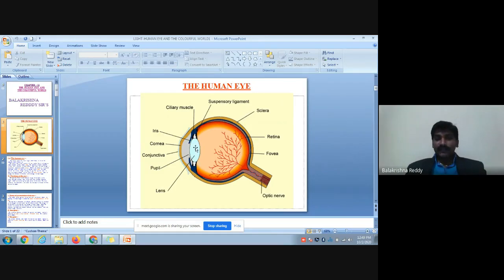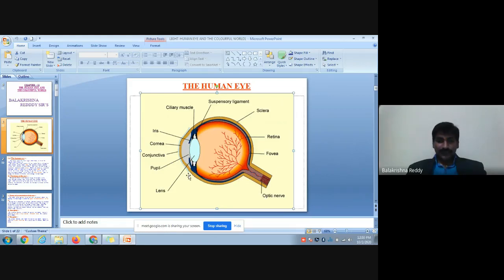The diagram of the human eye is most important for exam orientation also. Please, while you're drawing, draw it very properly. So, what is this human eye? What is the function of the human eye? We need to discuss here the major parts which contribute to the formation of the image by the refraction process. Here, this is a complete human eye block diagram you're seeing.